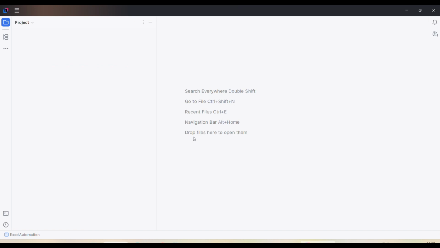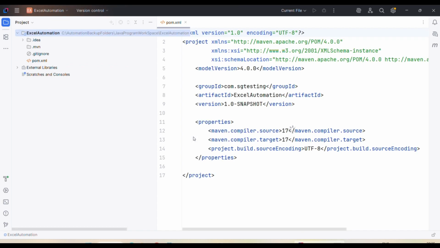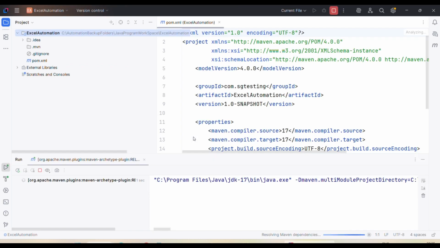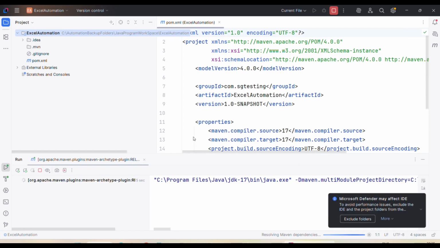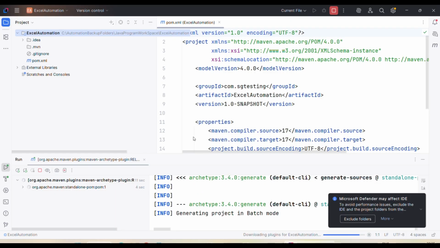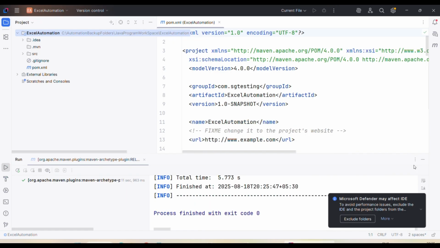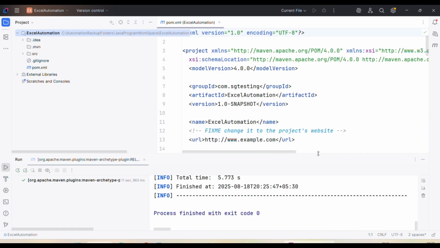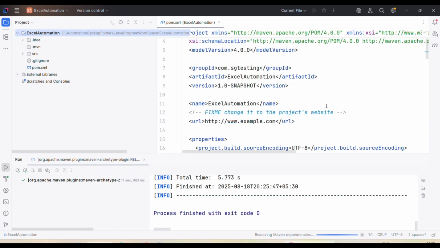It is creating the Maven project. Now it is loading the Maven dependencies. It takes some time to load the Maven project. So once the Maven project has loaded completely,